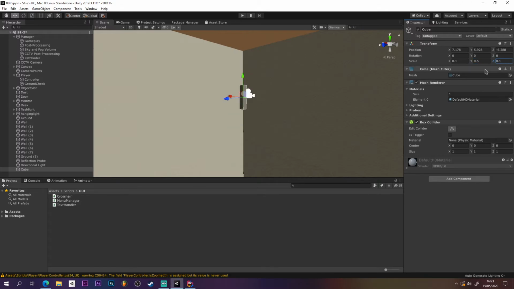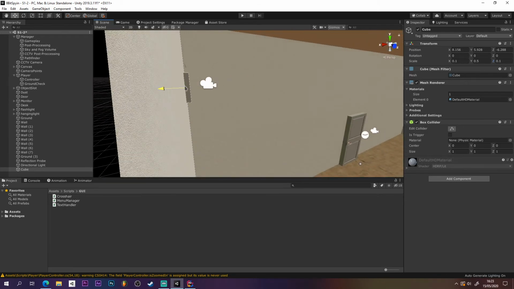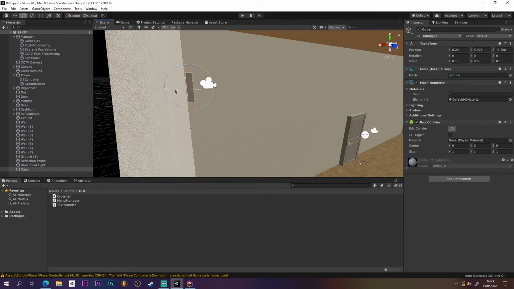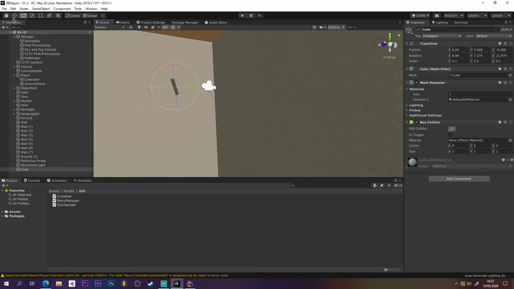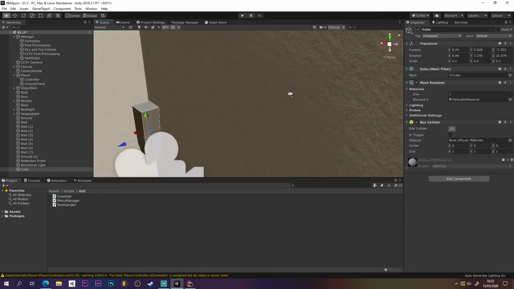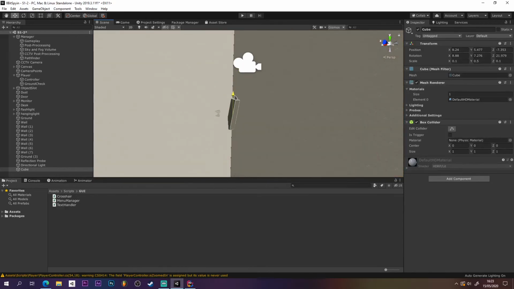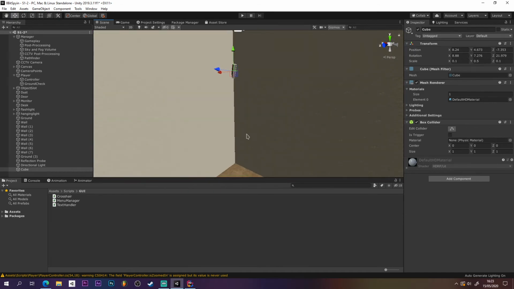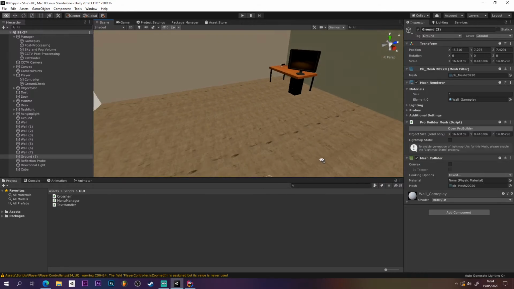Kind of like this, and then it's going to be sticking off the wall kind of thing here. That kind of thing, if you get me. So if the player looks at this, which will be further down here for now,